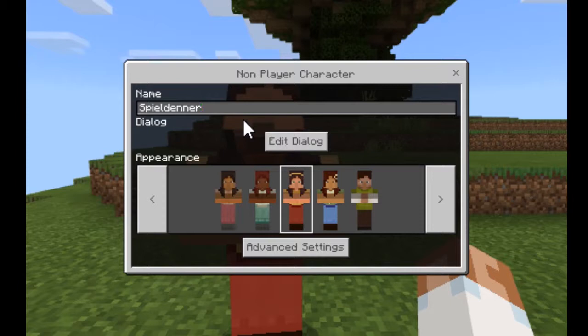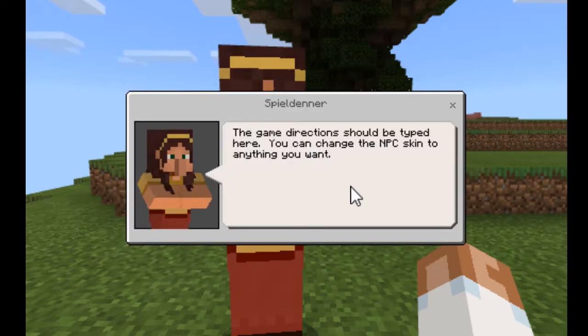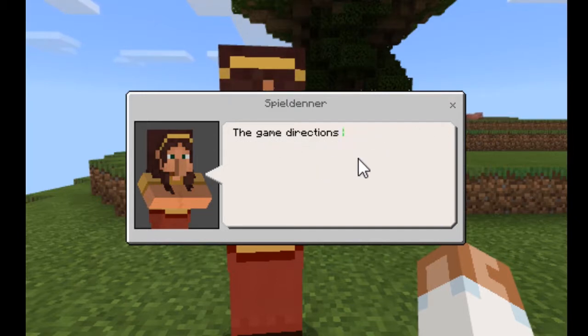So you can do that. You can put Mr., you can put Mrs., you can put whatever title is that you would like to in front of that. That's absolutely fine. Then what you're going to do is you're going to click on Edit Dialog, and this is actually where you type the information. All right, so you just click on the dialog box, and you can actually delete all of